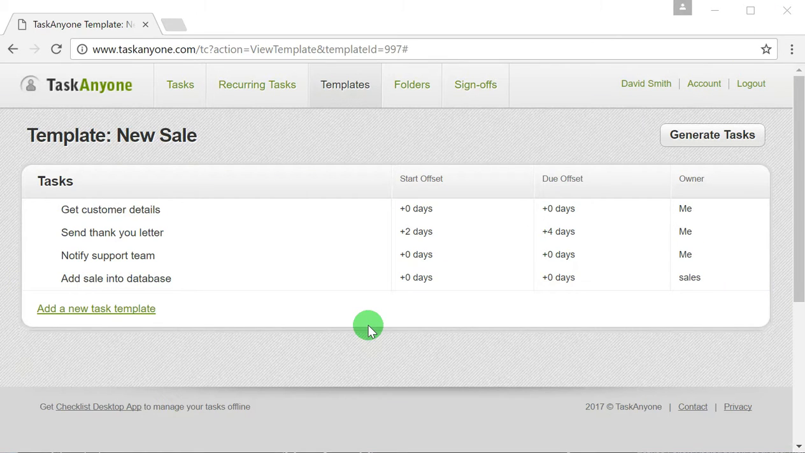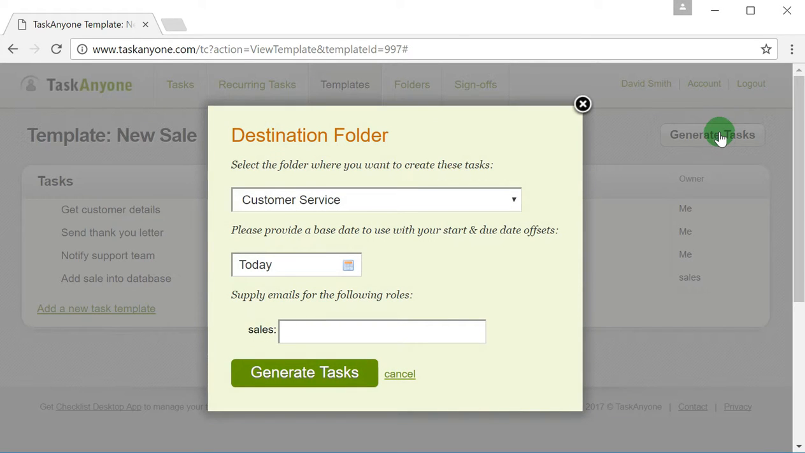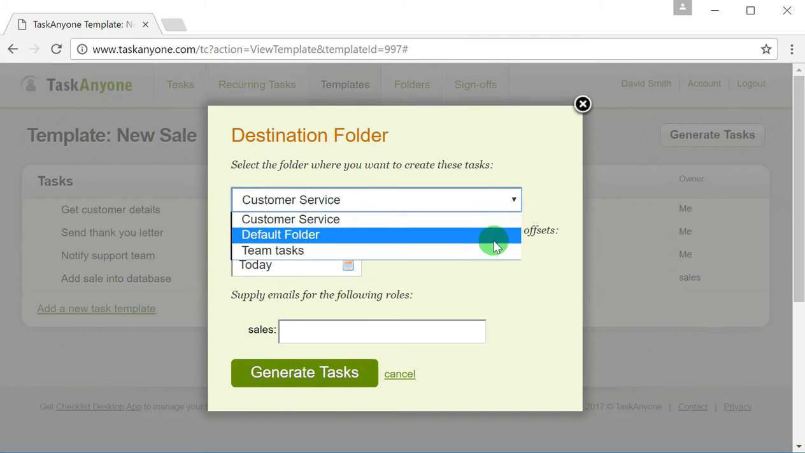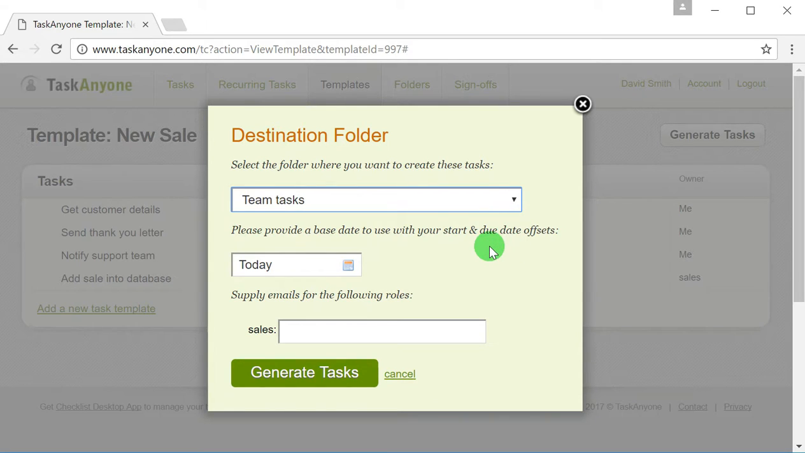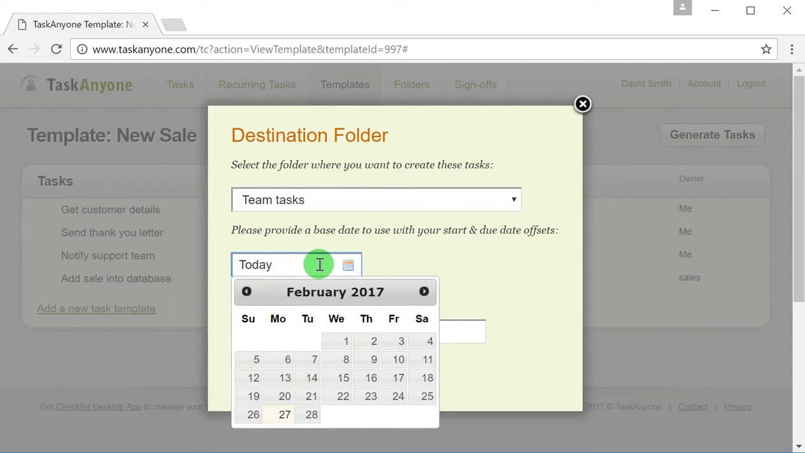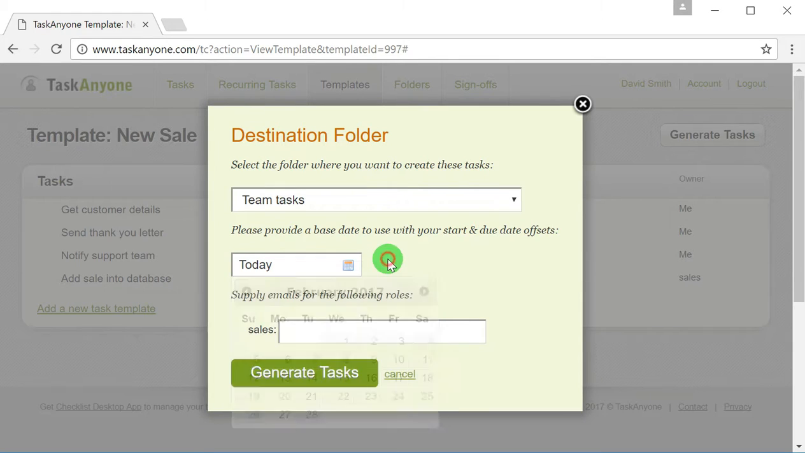To generate tasks from the template, press the Generate Tasks button. It will ask you which folder you want to place the tasks you are making in. If you have supplied an integer value for any of your start dates or due dates in the task outlines, it will ask you for a base date, which defaults to today, to use to calculate actual dates for the